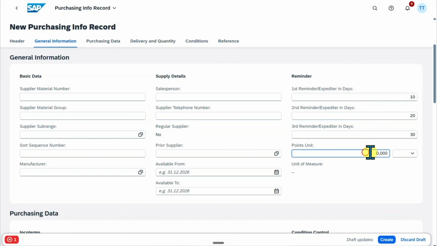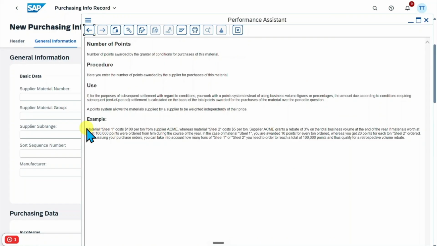Then we have here the point unit. So those are the number of points awarded by the grantor of conditions for purchases of this material. Let me actually show you the SAP example. Here you can see the example. So if we have a material steel 1 that costs $100 per ton from the supplier ACME and a material steel 2, which costs $5 per ton, then the supplier ACME grants us a rebate of 3% of the total business